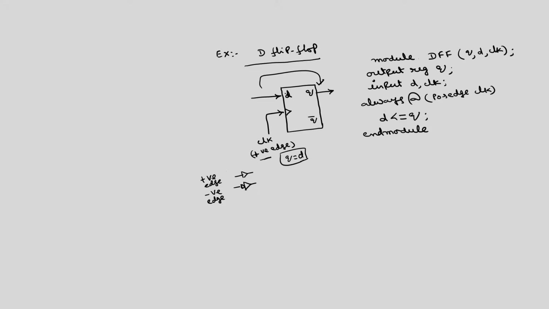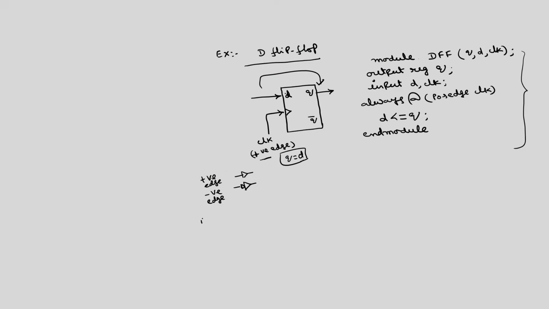Now, finally, I want to construct a counter. For that we require T flip flops. So, you see the code corresponds to the D flip flop. Now, using this D flip flop, I will first construct the T flip flop, then using 4 such T flip flops I will implement a 4-bit ripple counter. Okay. Now, I want to implement a T flip flop.